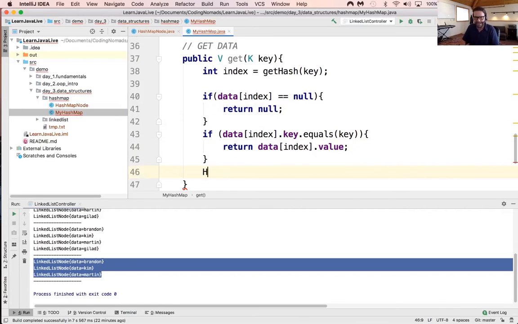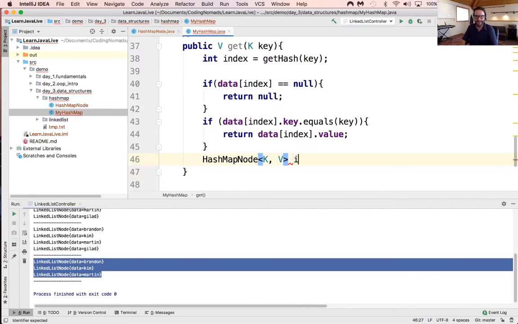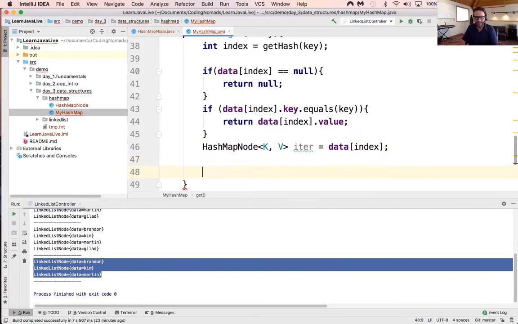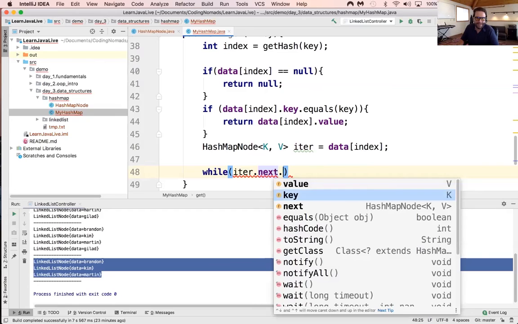So I'm going to say HashMapNode<K, V>. I'm generic safe. I'm going to call it iter equals data at index. Give me that element that's at that index of 4, right? So in this case, that iter would have the key of Ryan and the value of my phone number. And I'm going to say while iter dot next dot key,